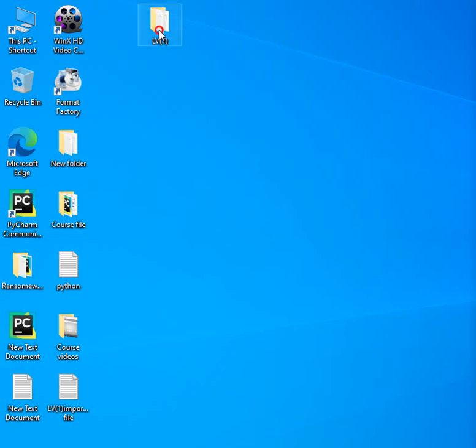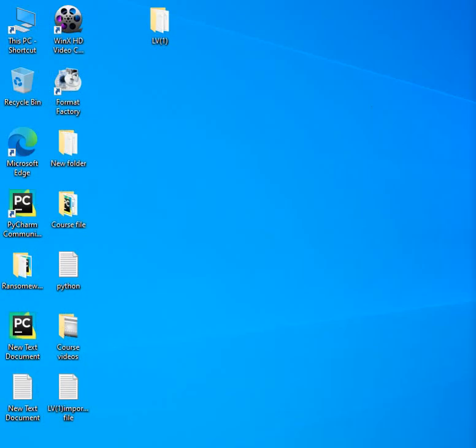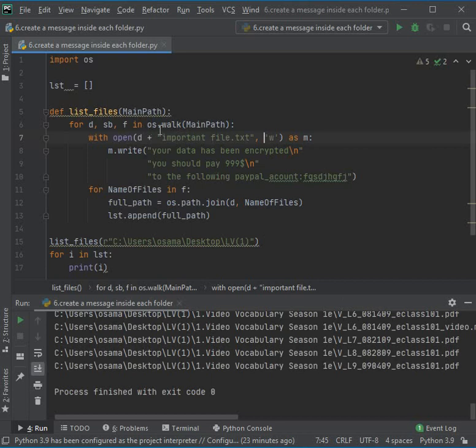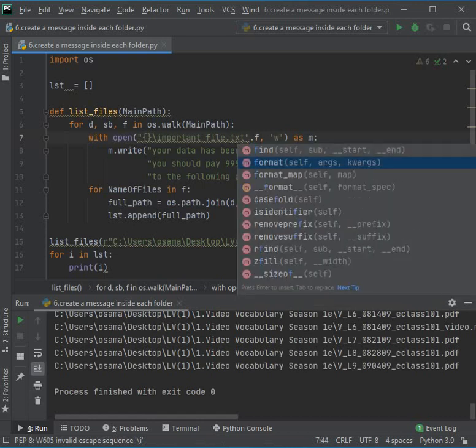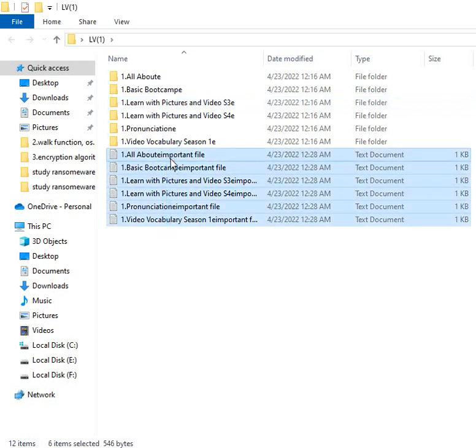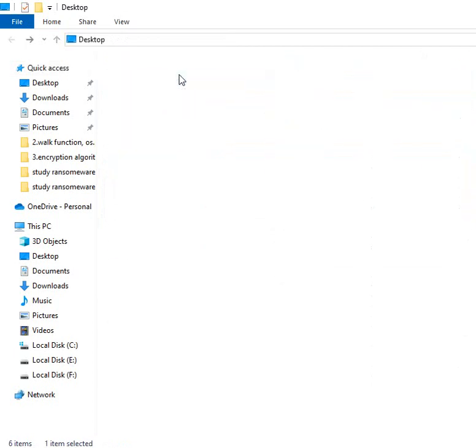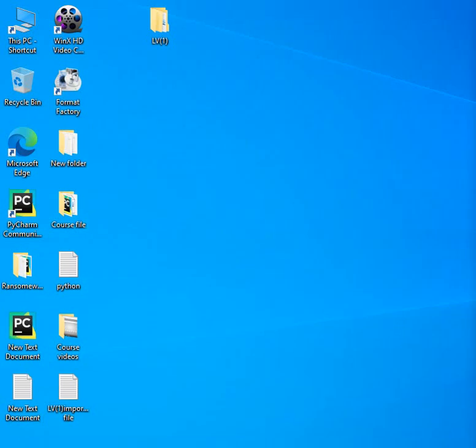Okay, let's open this folder again. No, it's not this folder. Okay, there is a problem. The problem here is that we shouldn't do this. We should put the directory using the format function like this to embed the path right. And here we'll type dot format and pass the d here. Let's eliminate this file because it doesn't exist, and see if there is a file created inside. No, there is no text file inside this folder. Let's run the code again